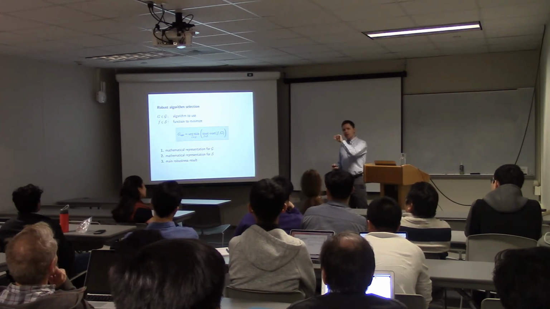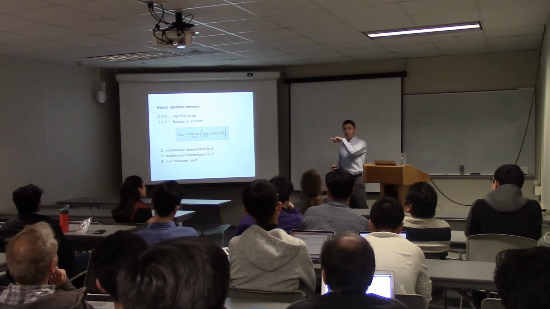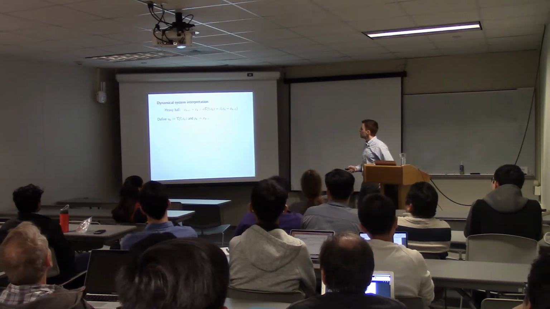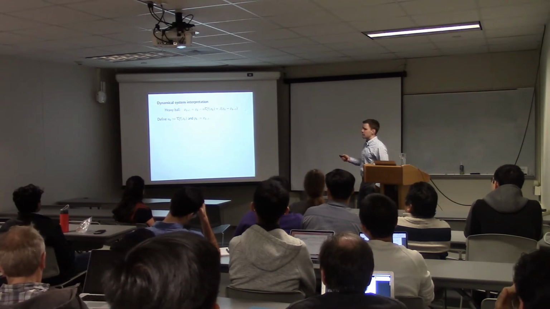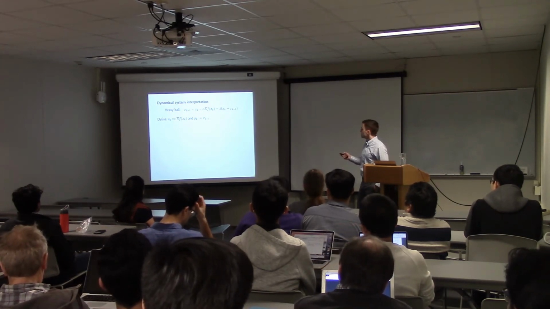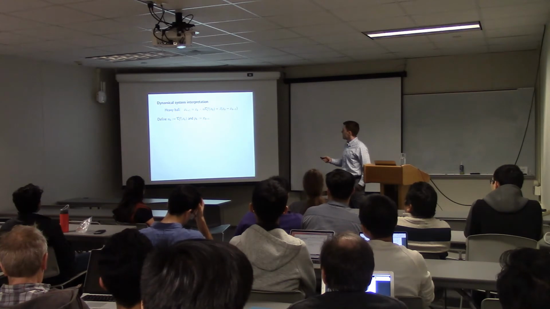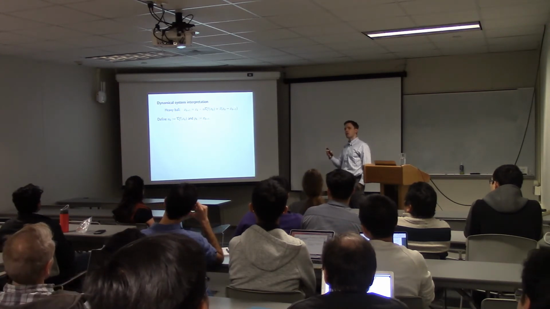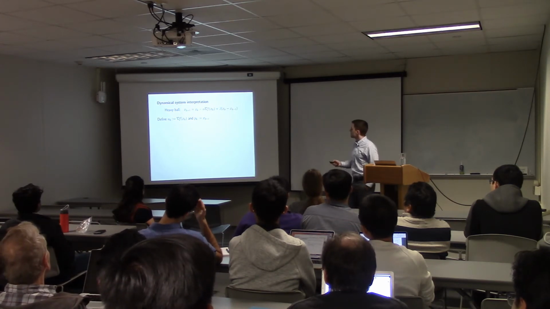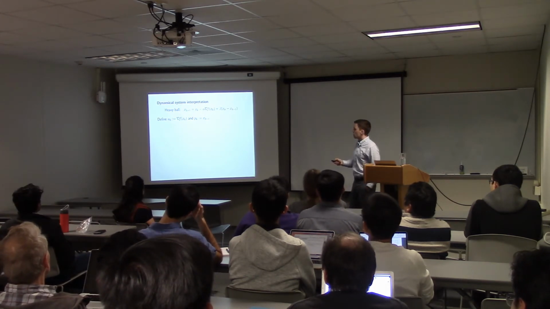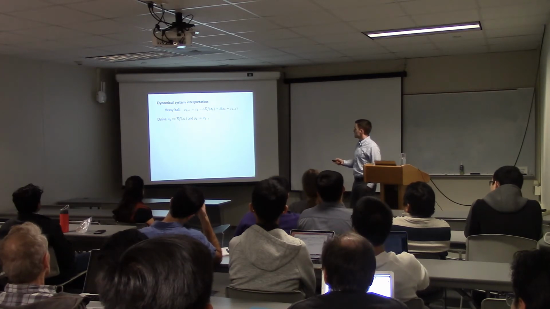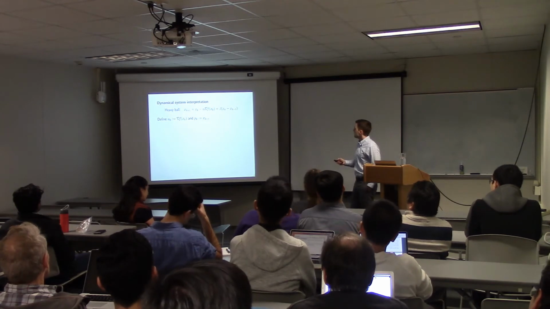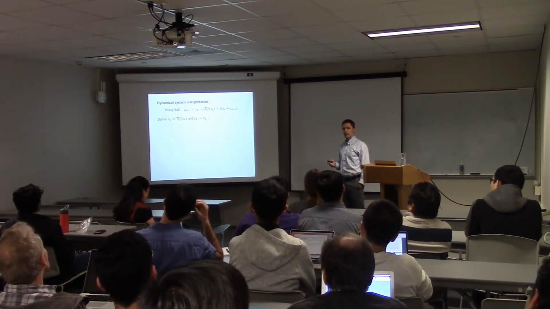Well, we already have the iterations, right? But there's something a little bit more canonical that we can do, and I'm going to show you how to do that now. I'll just use heavy ball as an example. So these are the dynamics for heavy ball. You'll notice that each iterate depends on the previous iterate and the iterate before that, and also evaluates a gradient at one of the points. So I'm going to define this thing u, which I'm going to call an input, and that's going to be the gradient evaluated at x. So I'm just going to replace this thing by u, and I'm going to give a new name to x at time k minus 1.